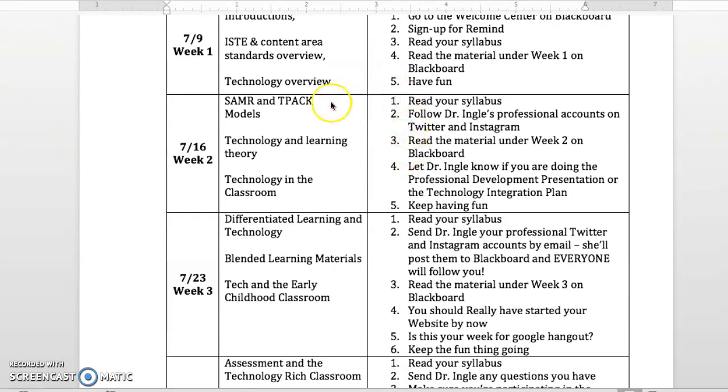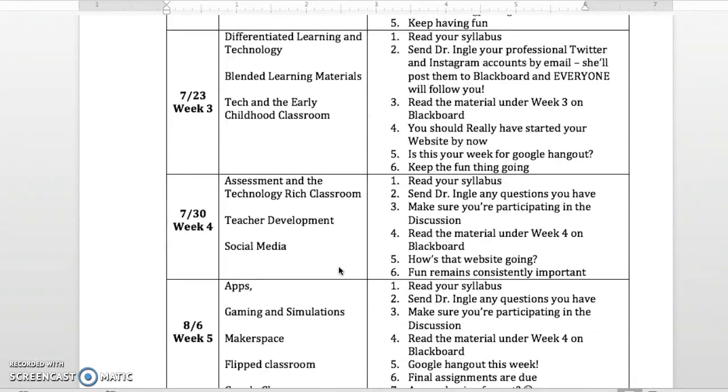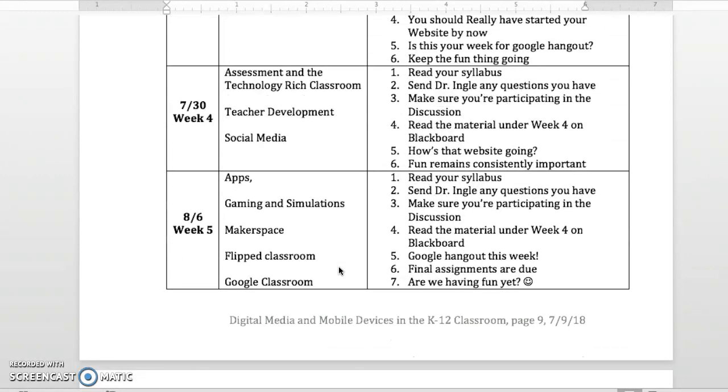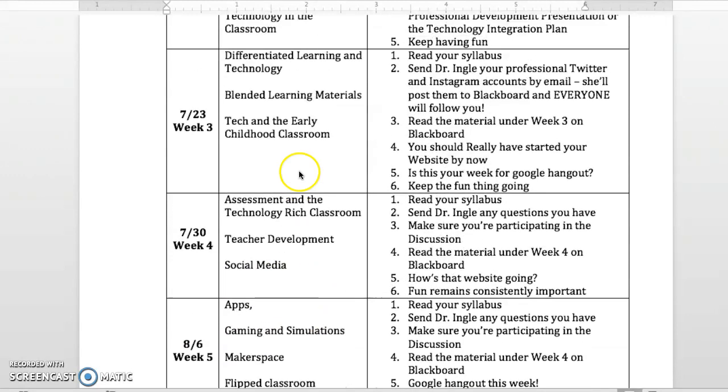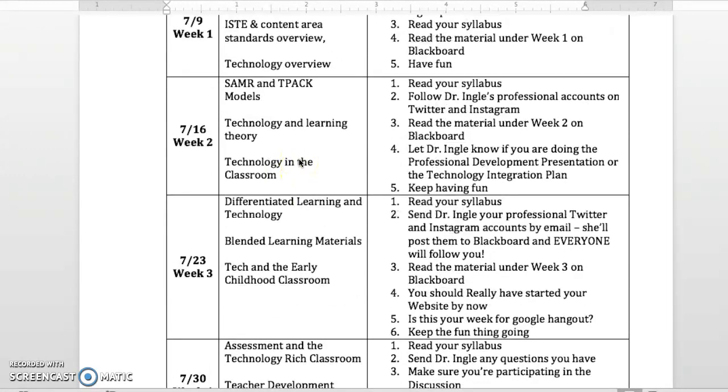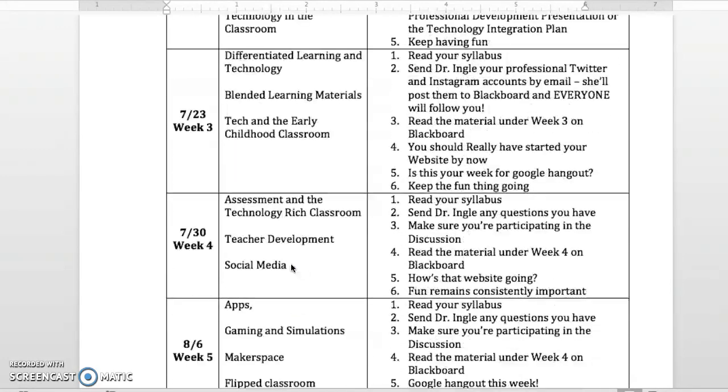This will give you all the information, what our major topics are. Sometimes I throw in a new topic because I find something that's changed, or sometimes things from week 5 get pushed up because they fall into something that we're talking about here. So there's some overlap.